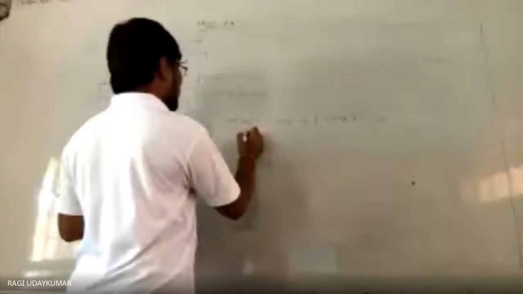Okay, so the denominator you will get as 1 plus sin x minus 1 plus sin x, so 1 will get cancelled, 2 sin x you will get here. In the numerator, 1 plus 1 is 2, plus 2 into under root of 1 minus sin square x, that is cos square x, so cos x you will get. Take 2 common, 1 plus cos x you are going to get. The denominator will be 2 sin x, so 2 2 will get cancelled, 1 plus cos x by sin x.